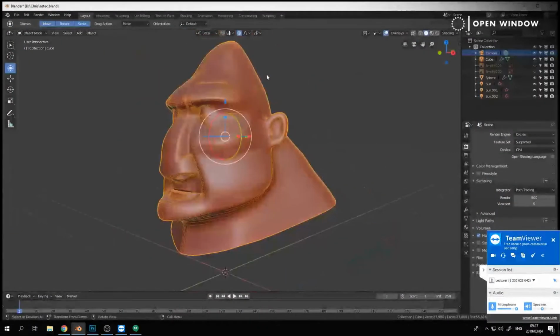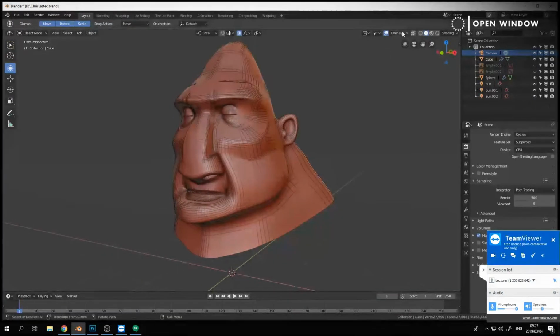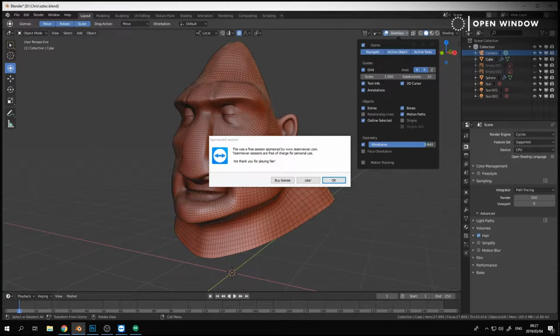Blender. So this is where we were. Just by the way, this whole wireframe thing in Blender 2.8 is pretty cool, that you can drag the slider and...